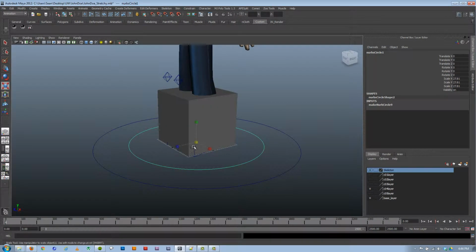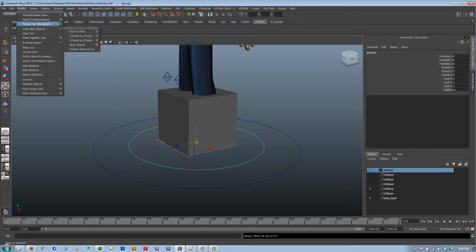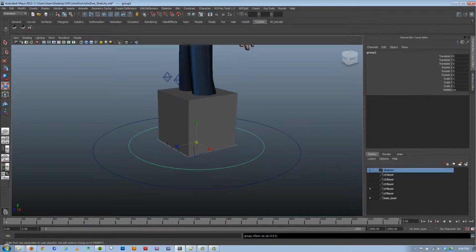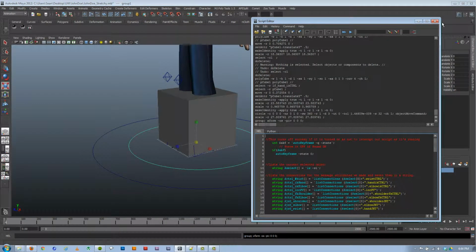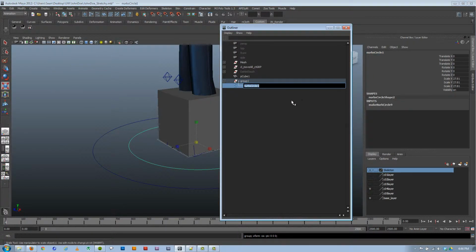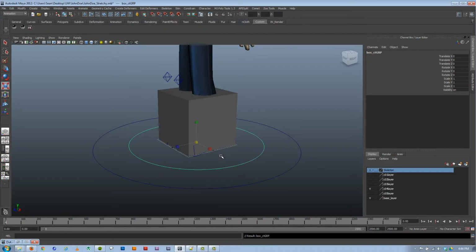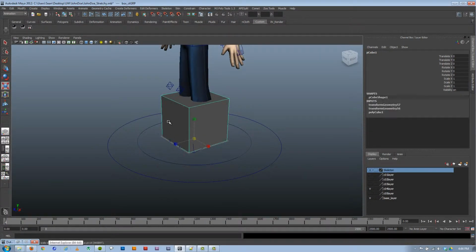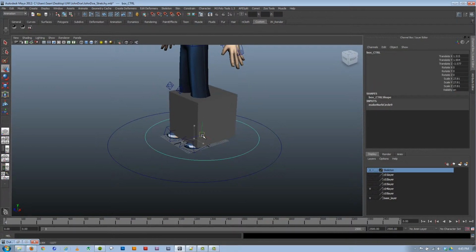So I'm going to start by making a control here, and let's go ahead and group that. I'm looking for my outliner, sorry. And we'll name this Box Control. I'm going to capitalize that like I did with everything else, and Box CT Group. Okay, so I've got that, and then I'm just going to parent constrain this box to follow this control. I need to select the other way for that to happen. Parent. Okay, so this control drives that box now,